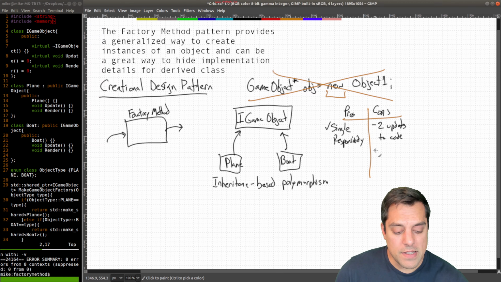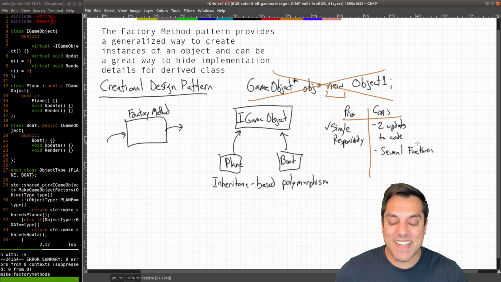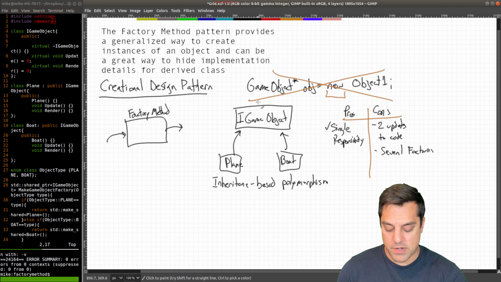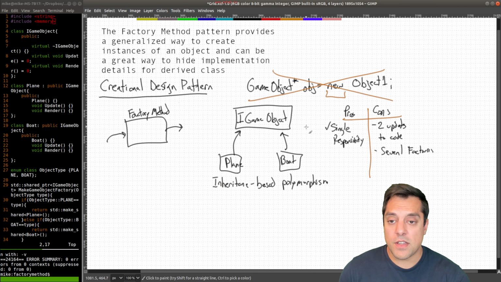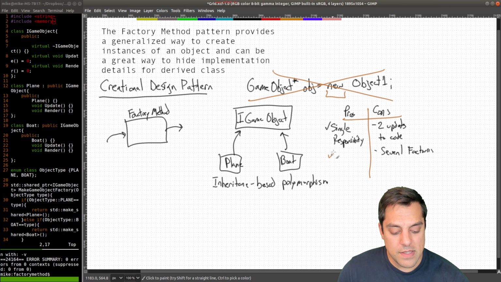Now, the other con is that you may need several factories. So it does add to your code that you need different factories for each of the different hierarchies that you have here, for instance. We probably do want to be consistent with how we're creating objects. And again, that's sort of the point. Now, otherwise, this is pretty easy to update. So it's relatively easy to update